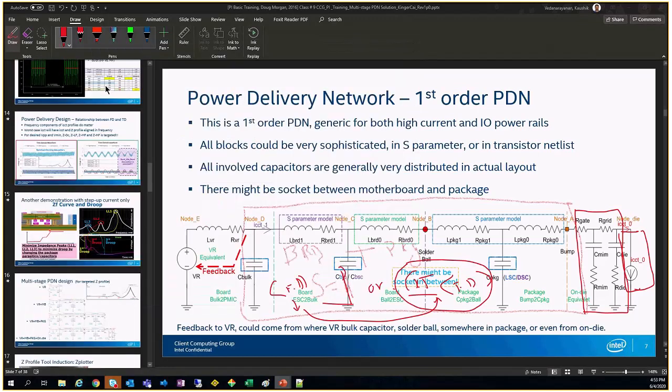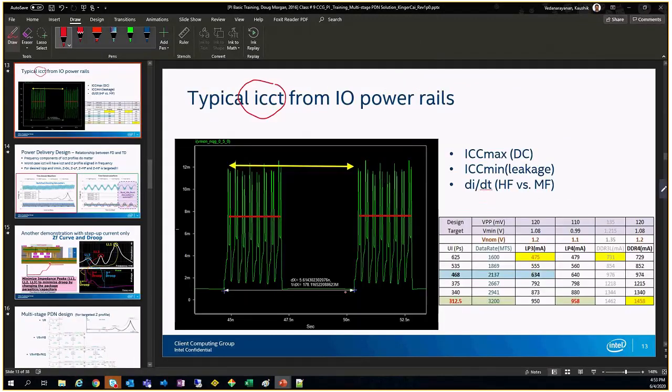You can see it's idle, then some operation happens, then again it's idle, then some operation again. So let's say it's idle, and then some read operation happens. The current is varying, there is some switching action. Then it's again idle, then again some operation. Like this for different domains, for different bumps. Let's say in Synopsys for your tool, we have discussed VDIG, VP, VPH, and VPTX. For all three, at say one PCI lane, one VPTX domain, for a given operation,